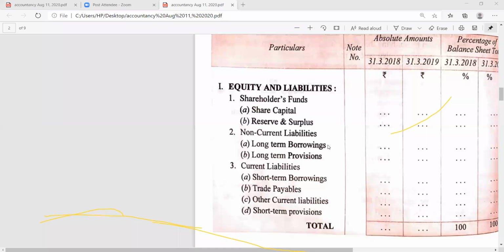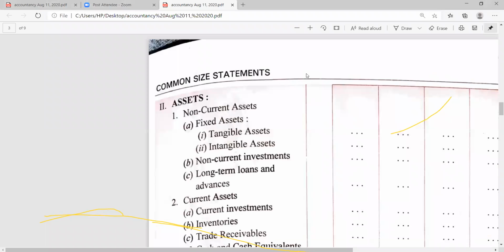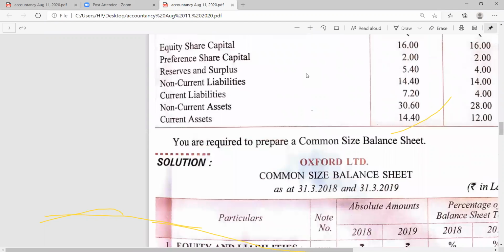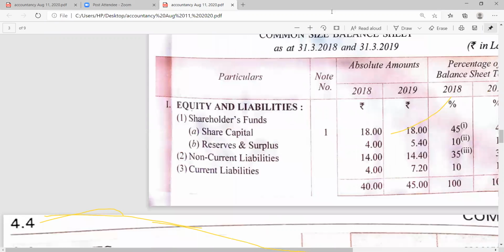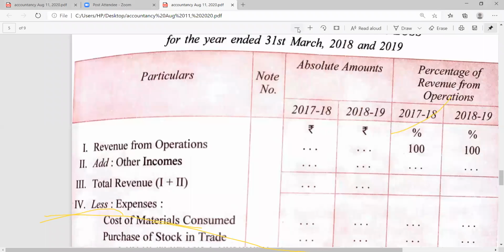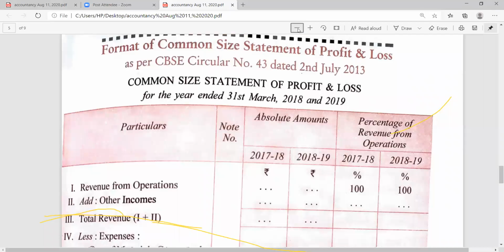Now, give me a second, I am showing you the format of the statement of profit and loss as a common size statement that we have done today. And yesterday we did the comparative statement of profit and loss. Beta, what difference do you find in both? Do you find any difference in that? See, here the format of the common size statement of profit and loss is on the screen. And yesterday we discussed the comparative statement of profit and loss. Do you find any difference between them? Yes or no?